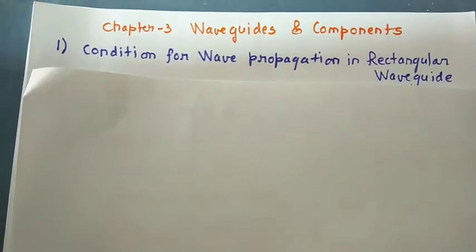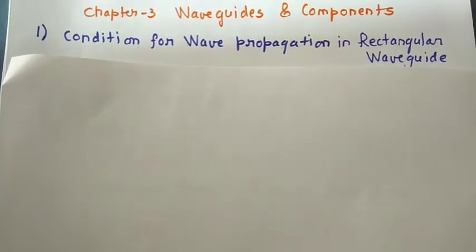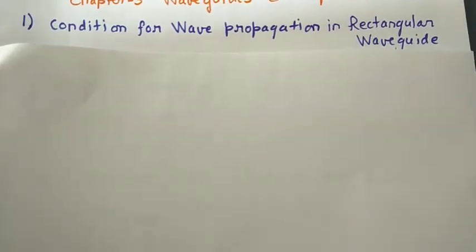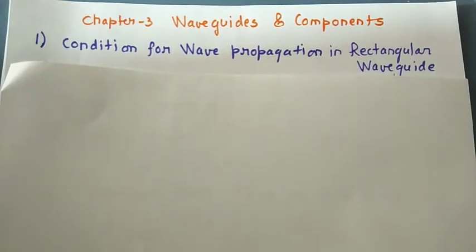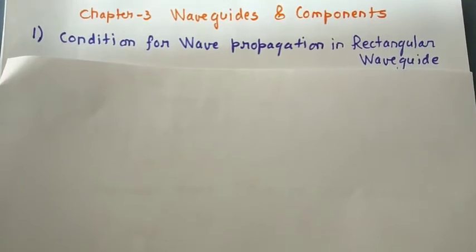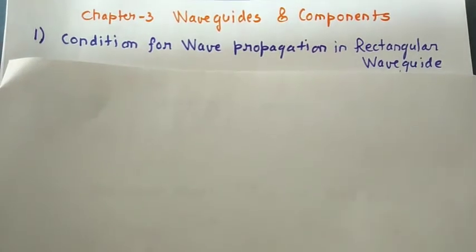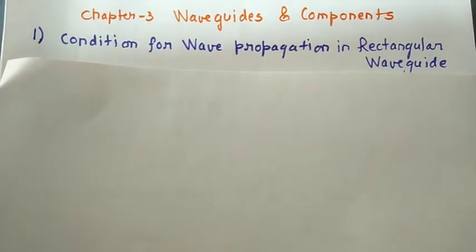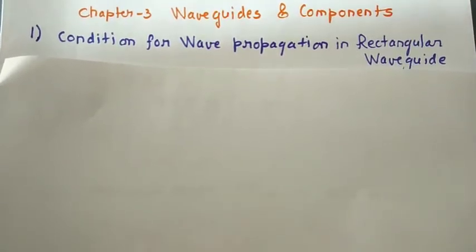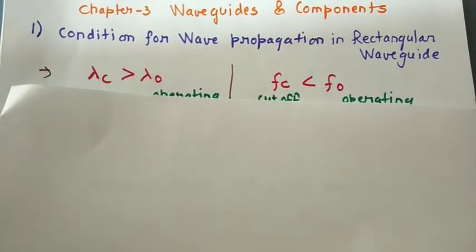So we will start first with the condition for wave propagation in rectangular waveguide. Now what is this condition for wave propagation in rectangular waveguide? As you all know that in waveguides the signal is propagated via electromagnetic waves which consist of electric field and magnetic field. So this electromagnetic waves will have a certain frequency and a certain wavelength. So the condition for wave propagation is,